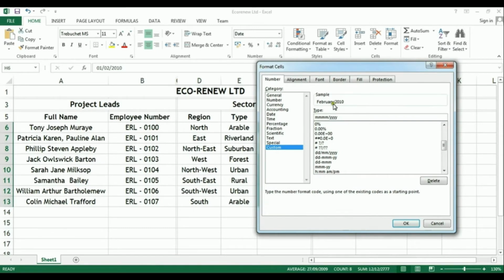The / separator looks slightly messy in this particular format. So what we'll do is remove the / separator, add a space, a hyphen, and a further space. And now our sample looks exactly as we wish it. Click OK,